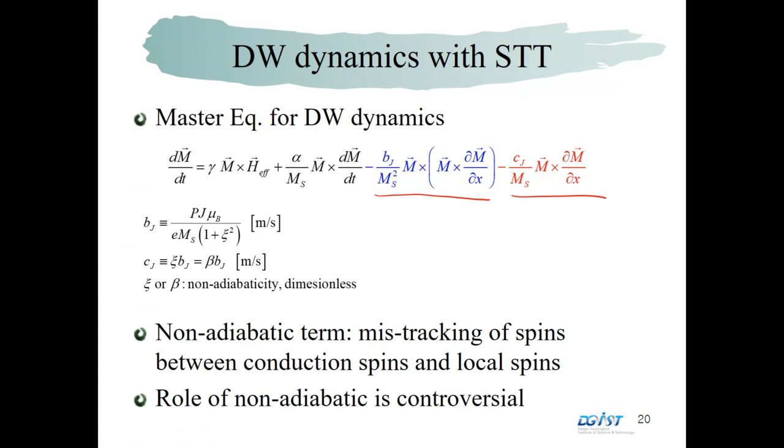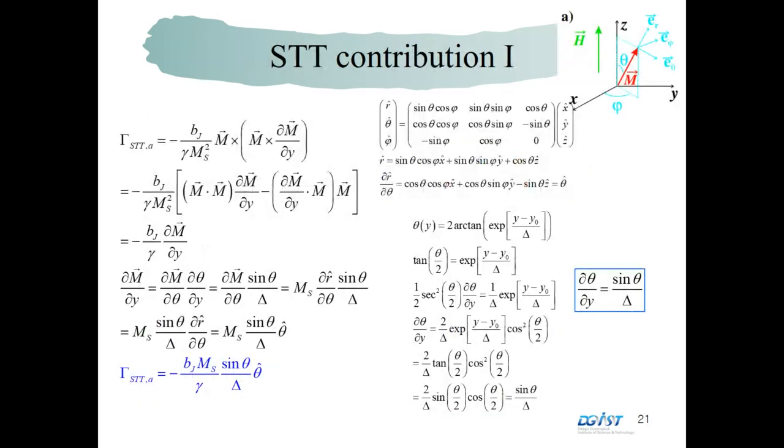Because of these two torques, one gives a torque direction perpendicular to M and to ∂M/∂x. And the other one gives the torque in the other perpendicular direction. So based on the previous method, we tried to find the spin transfer torque by the adiabatic term, and we found this contribution. And here, ∂M/∂y